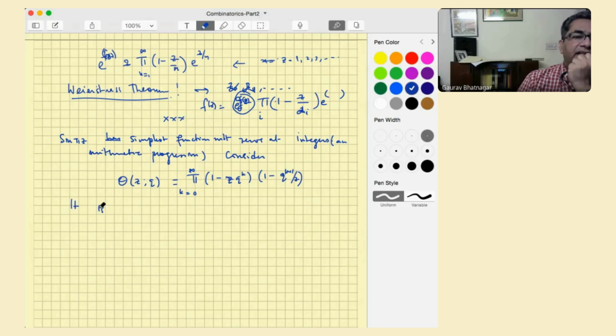So it has zeros at z equal to, so this term, when k is equal to 0, it has zeros at q raised per 0, and it has q raised per minus 1, q raised per minus 2, and so on. And this one has zeros, this is k plus 1 here, so 0 when z is equal to q square, q cubed, and so on. So this has zeros at